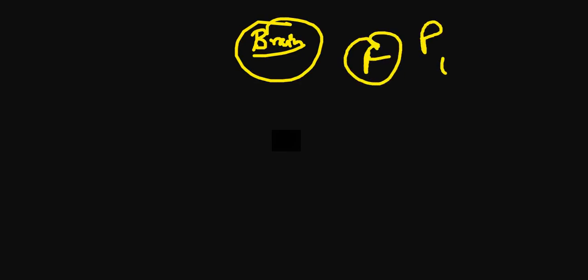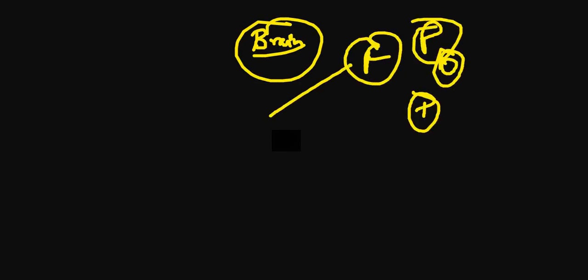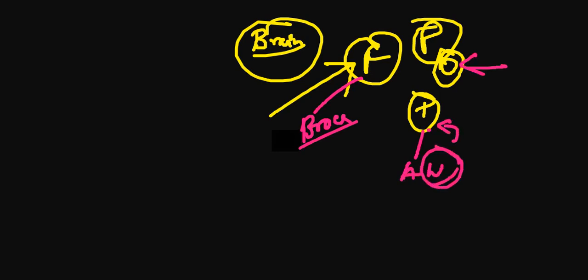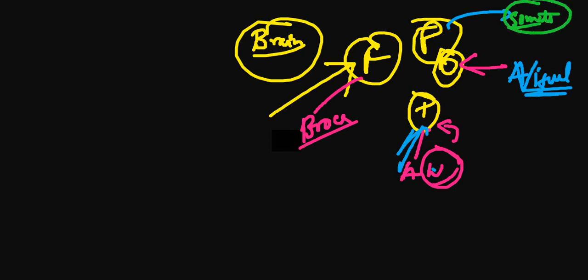Now, in the brain we have four lobes: the FPOT mnemonic, frontal lobe, parietal lobe, occipital lobe, and temporal lobe. In the frontal lobe we have decision making and similar functions, but the most important thing is that we have Broca's area in the frontal lobe. We have audition and Wernicke's area in the temporal lobe. In the occipital lobe we have the visual cortex. And in the parietal lobe we have the somatosensory cortex: whatever touch or feeling you get in your body is handled by the somatosensory cortex in the parietal lobe. This is also important, so make sure you remember it right before your examination. Okay, we are done with this.